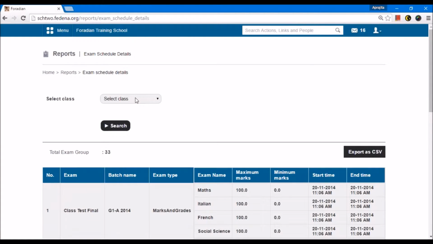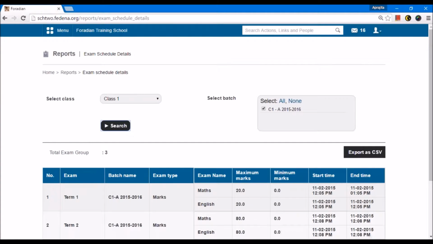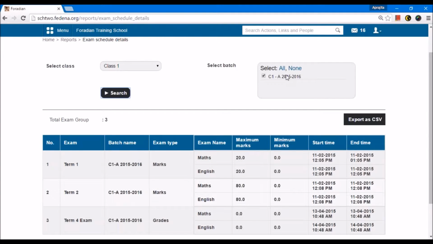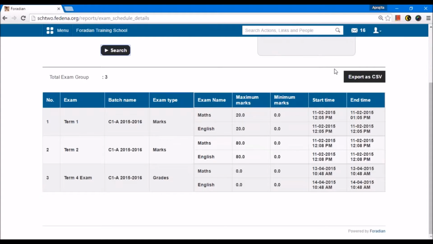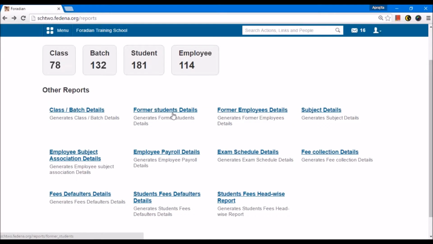If I want to sort this and check this for a particular class, I can check that by searching like this. It shows the examinations particular to this batch that is selected here. Again, this report can be exported into a CSV file.